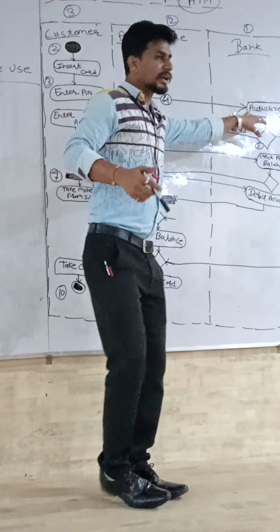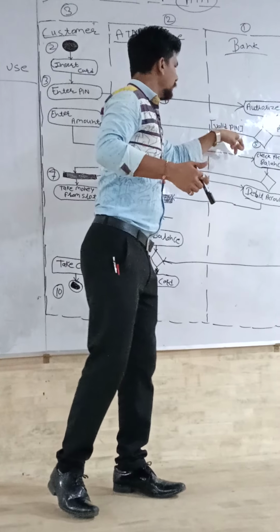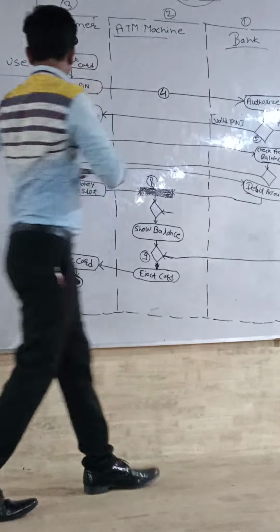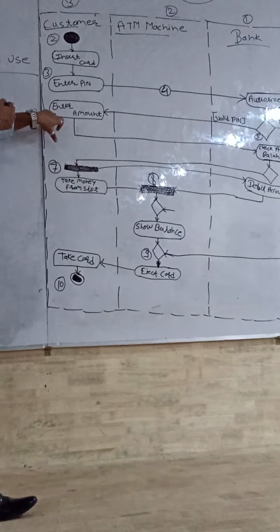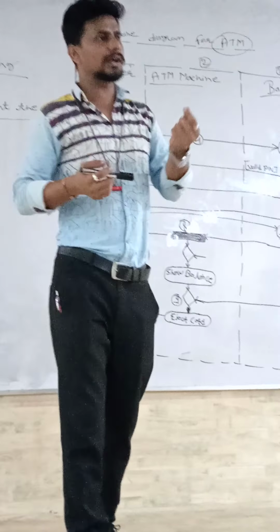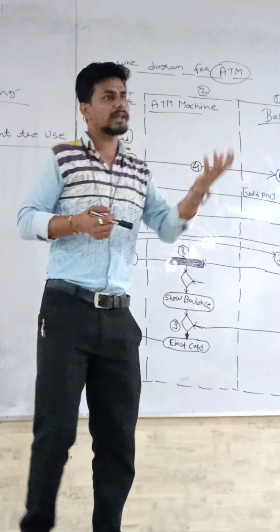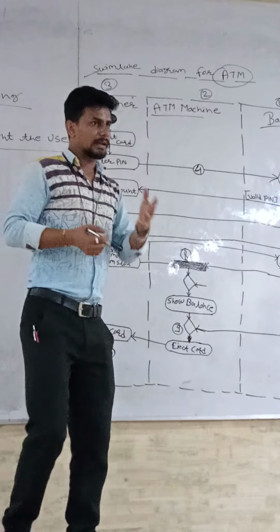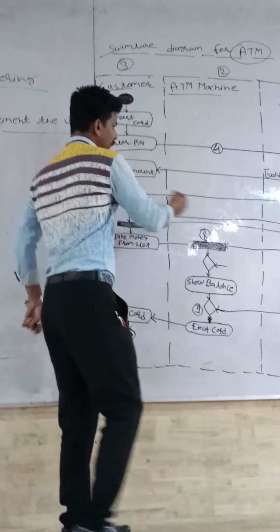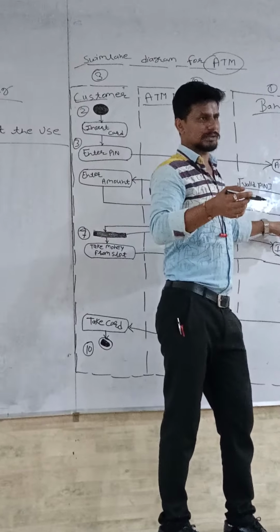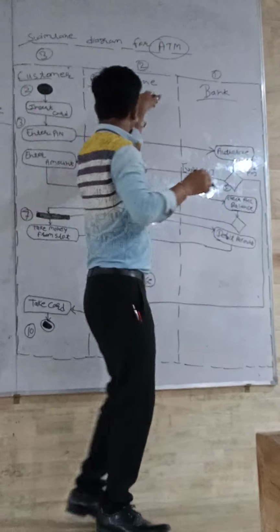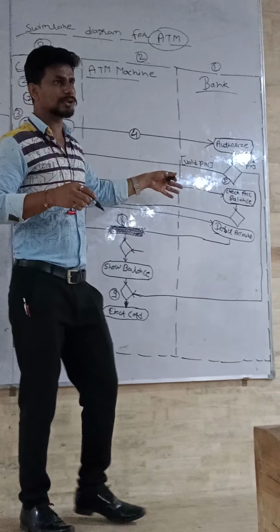So after authorization is performed and it is a valid PIN, some task will be performed. What type of task will they perform? After that they will ask you to enter the amount. How much amount do you want? Like 500, 10,000, 2,000, 5,000, that type of amount they will ask. Then after that it goes to the account balance, directly to your account in the bank. They are not performing this in the ATM machine, they are asking permission of the ATM machine.